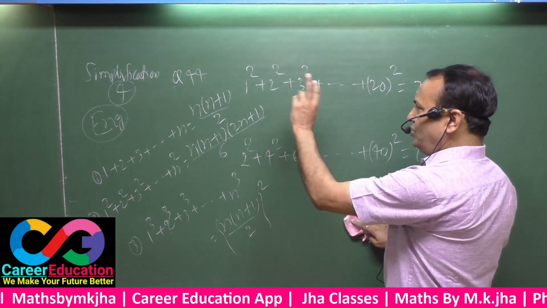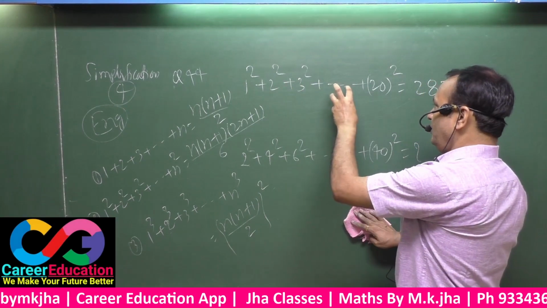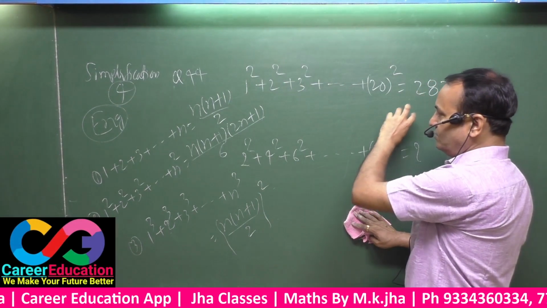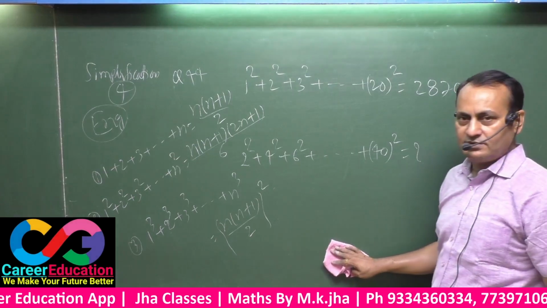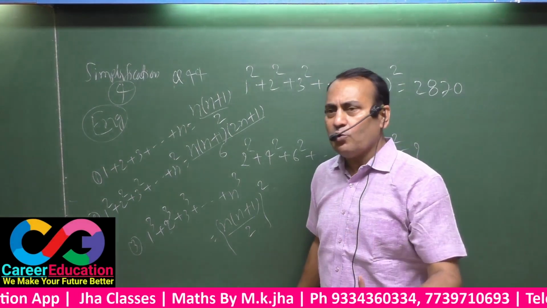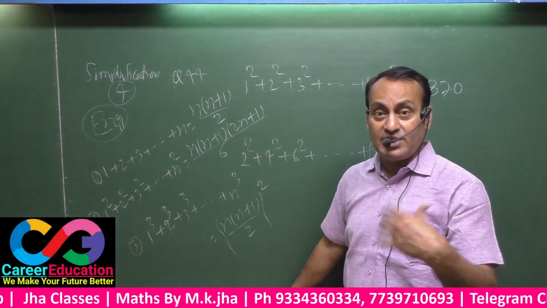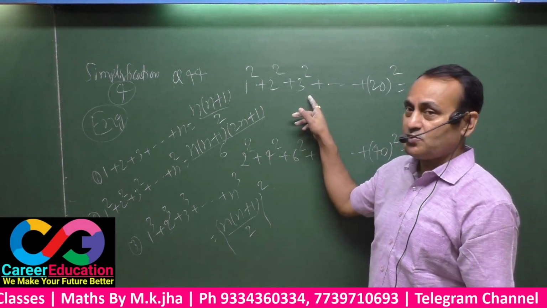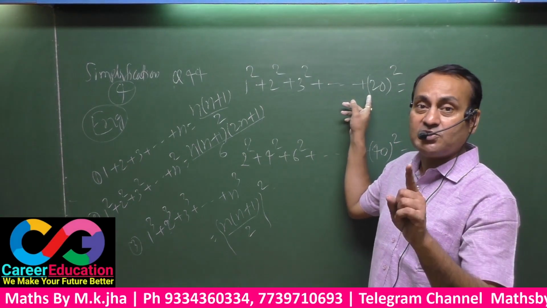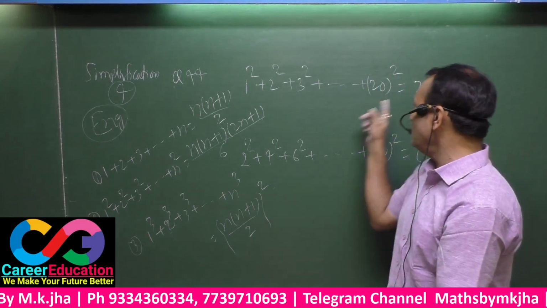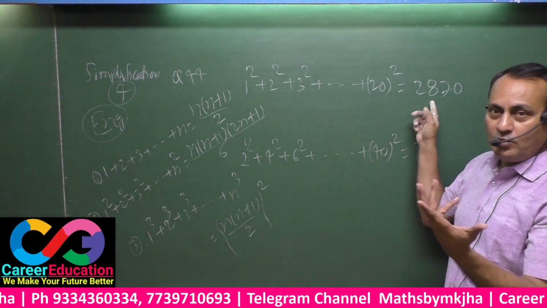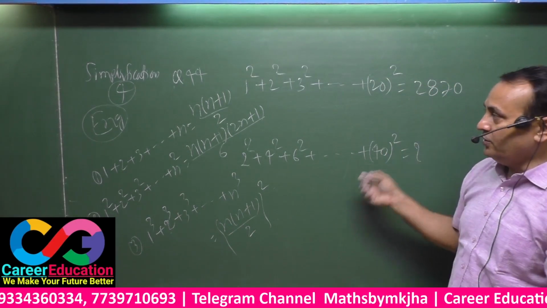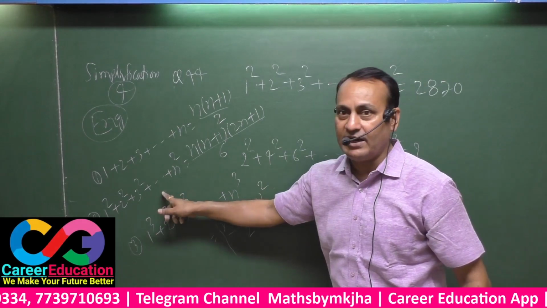Presently the question is this equals this, and you have to point out the value of this. But there may be one question as well. The question is asked several times. 1 square plus 2 square plus 3 square up to 20 square equals what? The answer will be 2870. How? You will have to use this formula at that time. See here.